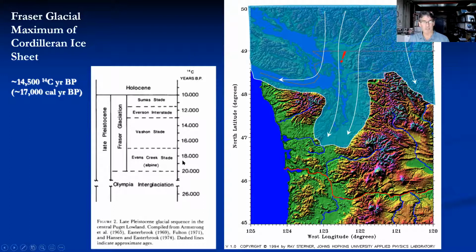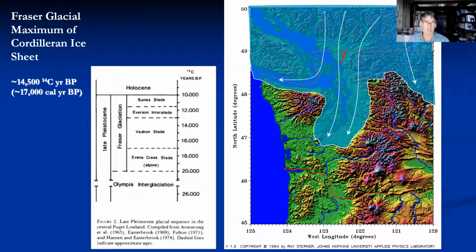These are radiocarbon years here, but 25,000 calibrated years. The Alpine glaciers advanced first up in the Cascades and the Olympics. It appears that they advanced first. Then as they were retreating a little bit, the Vashon stade, which is the Puget Lobe and the Juan de Fuca lobe coming down, advanced into Washington as the mountain glaciers were retreating. Why that happened is another one of these conundrums.